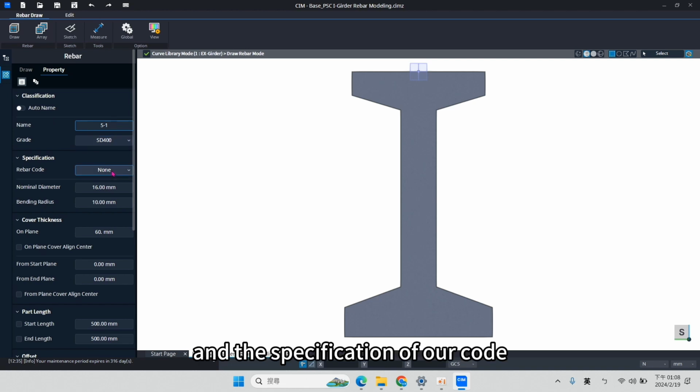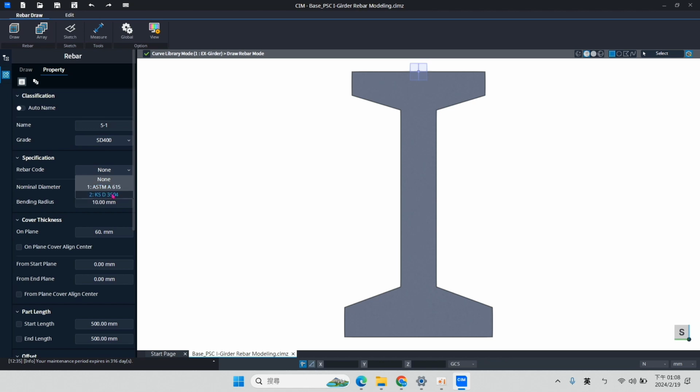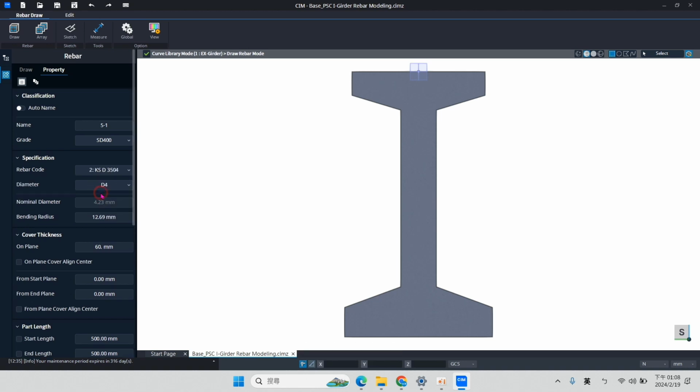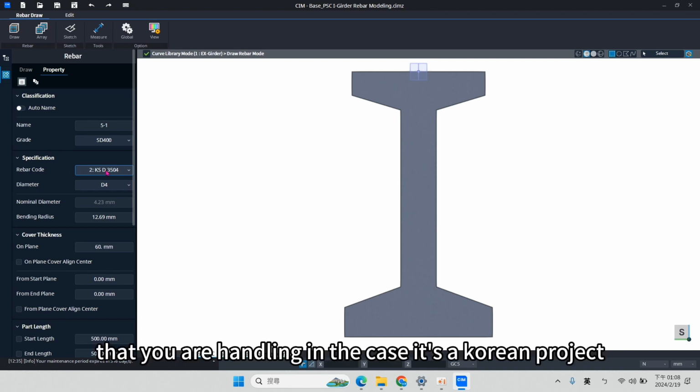And the specification, the bar code, in this case, we will be using the KS D 3504, because this rebar code is dependent on the exact project that you are handling.